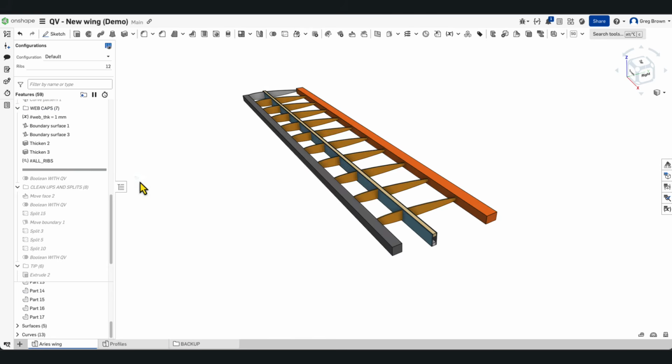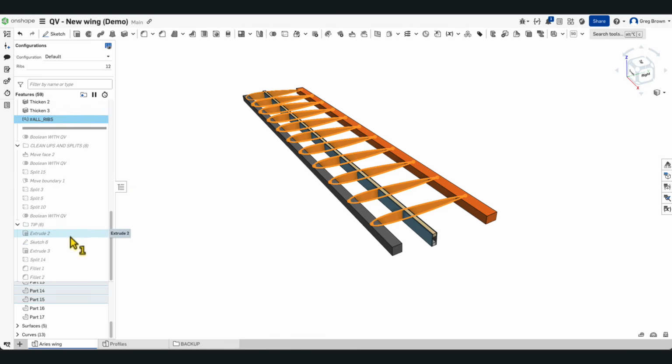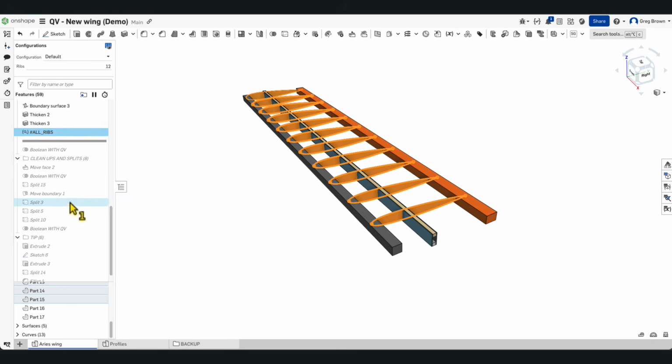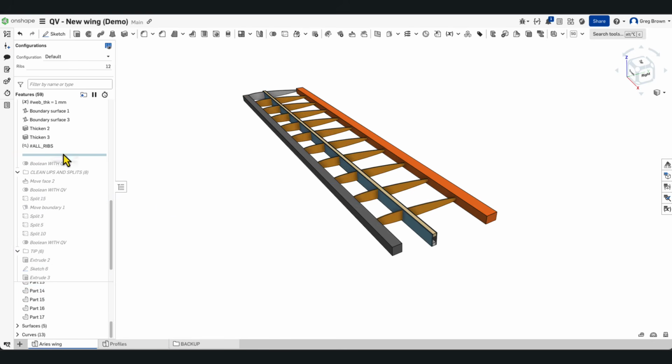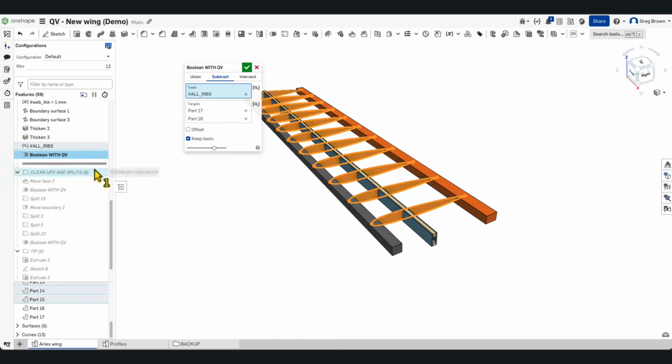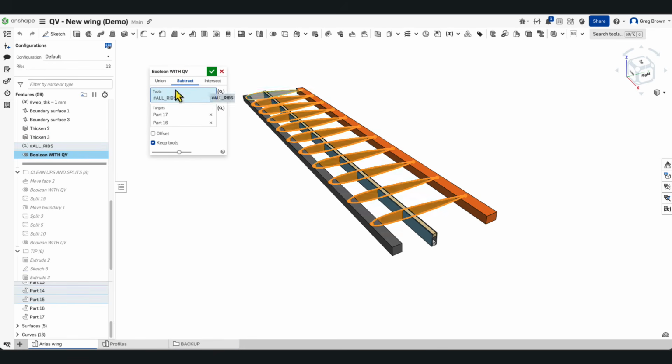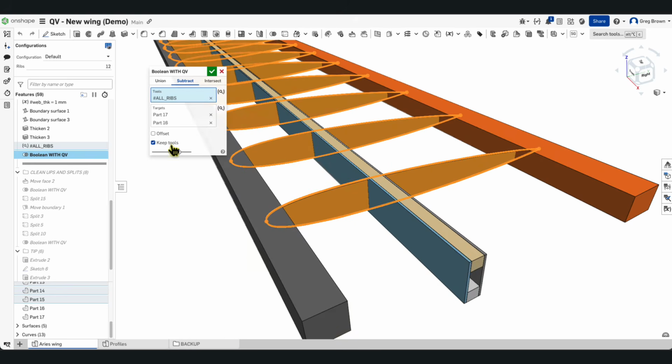Now, I'm going to use this same query variable a number of times, and actually I've named them this way. There's a Boolean, there's another Boolean, there's another Boolean, and I think there's even a fourth one somewhere where I use the query variable in various features. And that's all good. If I have a look at this first Boolean, I did a subtract using that query variable, and I subtracted from these front